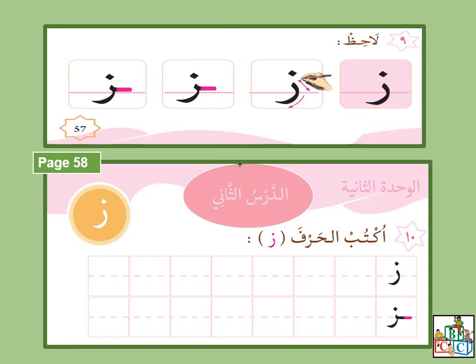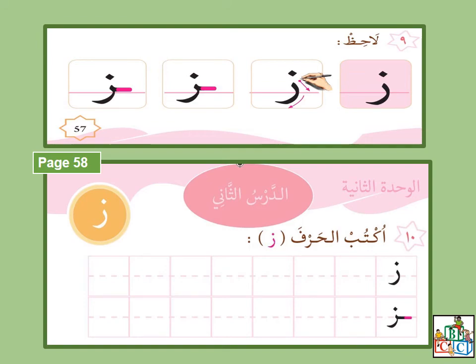So now that you have learned the letter za, how it is written on top, on page 58 you have a table to fill. The letter za. اكتب الحرف za. You have to write the letter Z, and beware, see the example given, the Z must go down the line, the dotted line here, okay? You follow the example given, and the dot must be on the Z. And when it is attached also, you make it attached, and then you go down the line. You do it properly in your book.